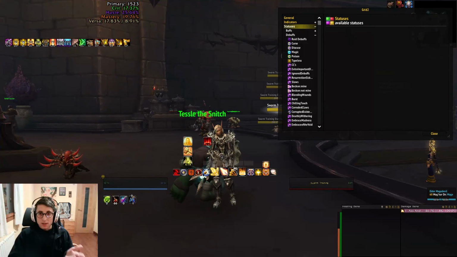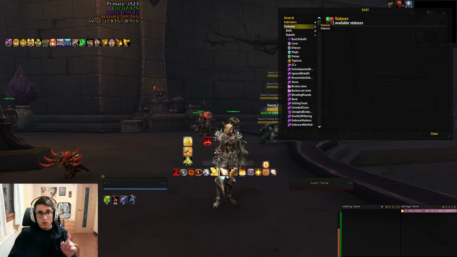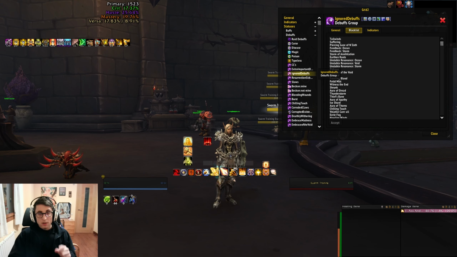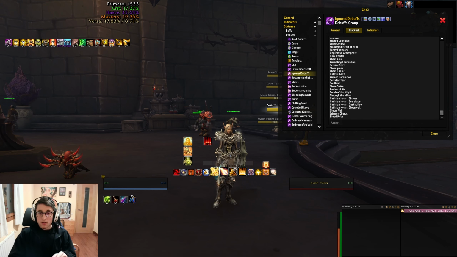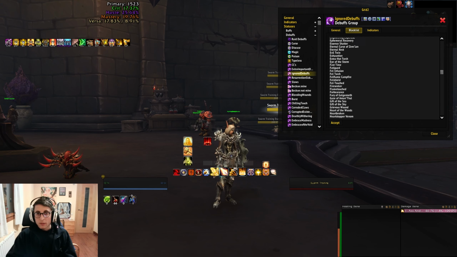So if you don't want to see those, to avoid the visual clutter, you are going to want to go to statuses right here, go down to debuffs, and then you open that up, and then you go here to ignored debuffs. Now down here you are going to want to go to blacklist, and then you go down here, you add one line jump, and then you type in whatever spell name you want to ignore. It's that easy. All of these are already spells that are being ignored. If you want to add another one, you just add a line, add the spell name, click accept, and then